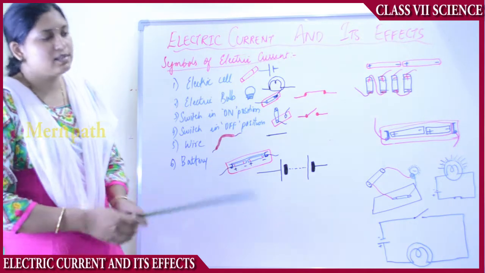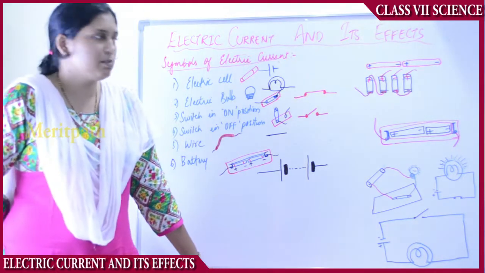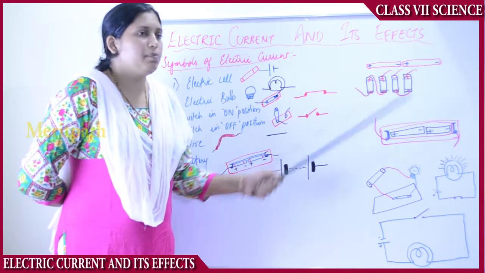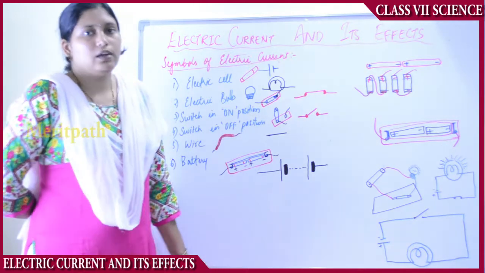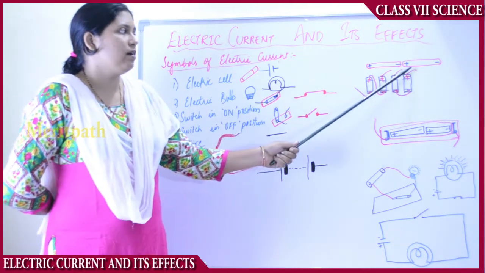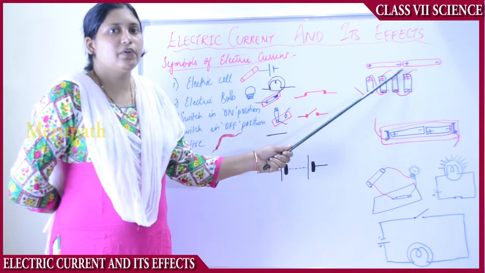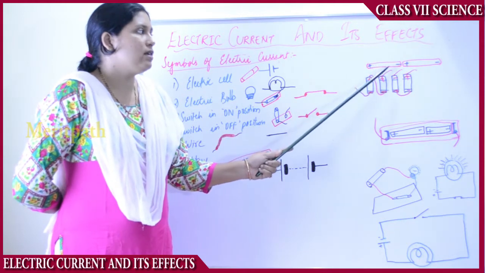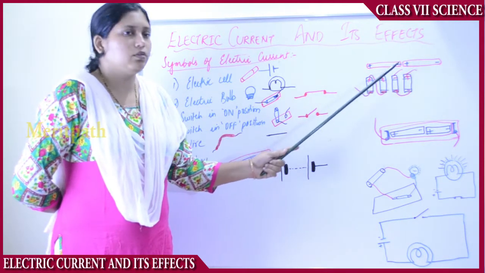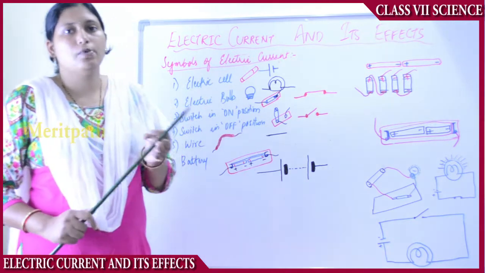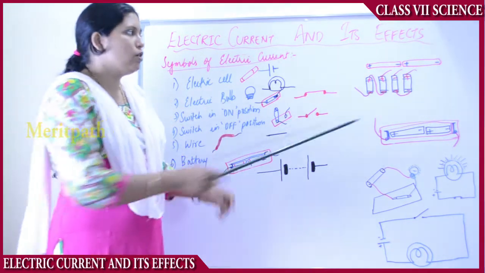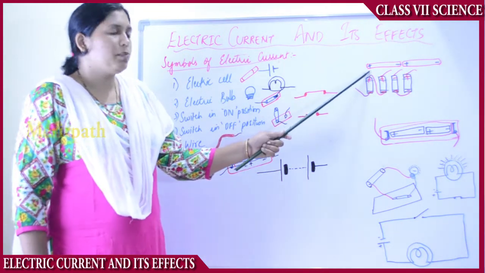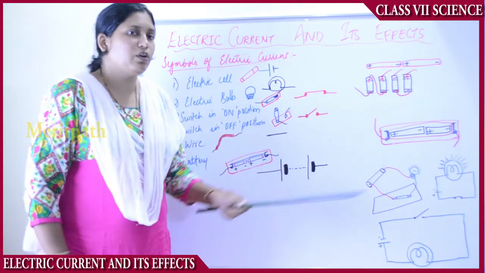So let's see some instances where we can indicate the circuit with symbols. In any electric circuit, two batteries will be side by side. In a torch especially, we see batteries side by side. Here the batteries are usually in a straight line, in a horizontal direction. Always in a circuit, two opposite terminals of the batteries are kept side by side. So here the negative terminal is attached to the positive terminal. Plus is the positive terminal of a battery always, and minus is the negative terminal.